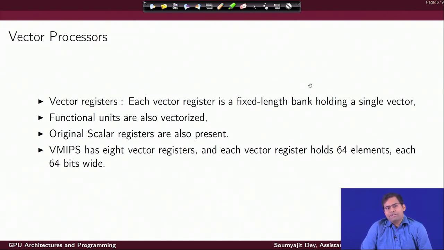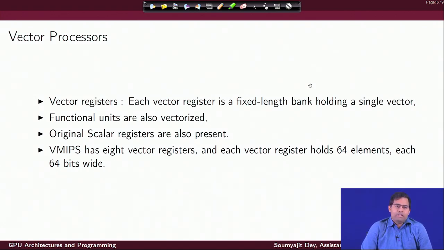We will now start saying that the different components of this type are not located in different registers, but they are all stored in a single register which has a much bigger size, but it also has these compartmentalized parts, each of which is holding some specific component of the vector. So, each vector register is a fixed length bank, it holds a single vector.